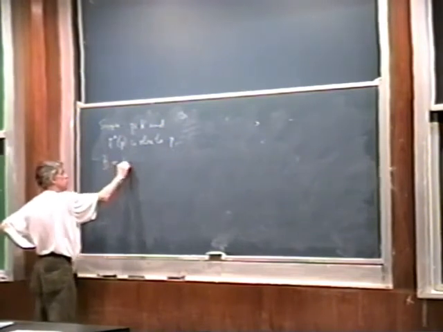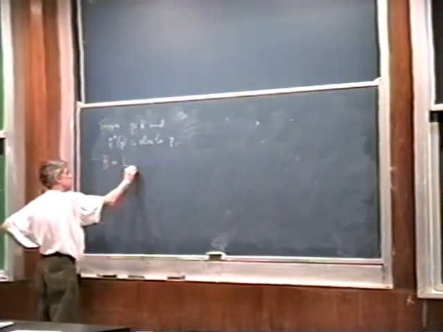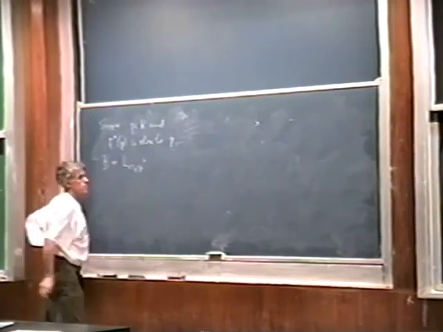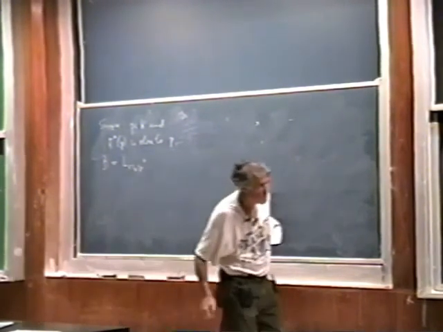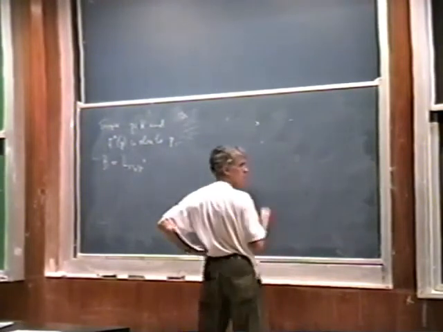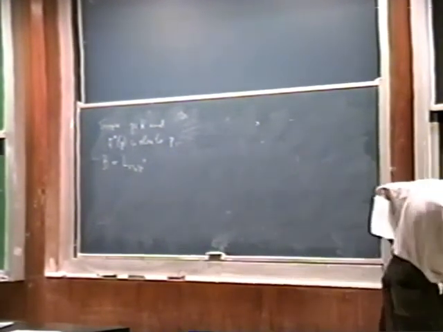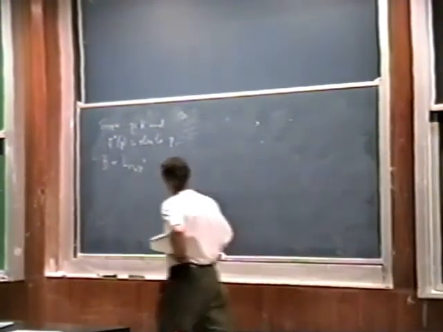First of all, you have to close up the orbit. Is that what I call it? The Q. Then